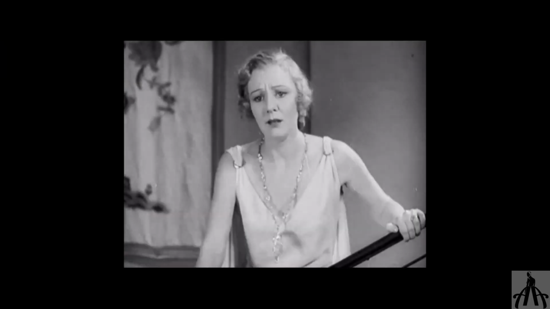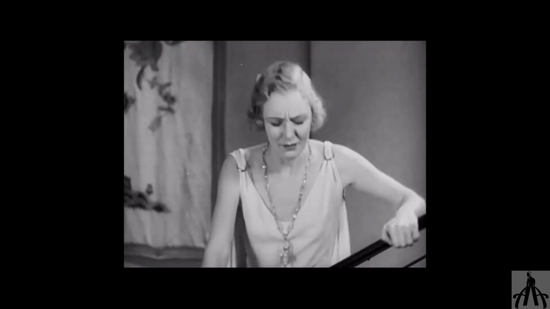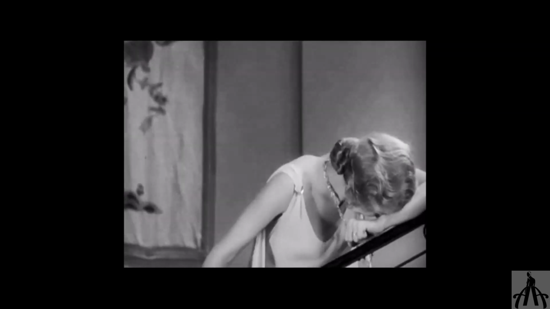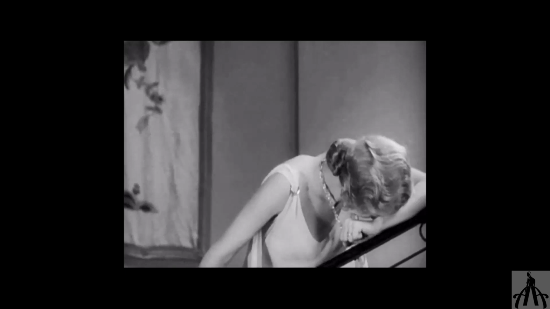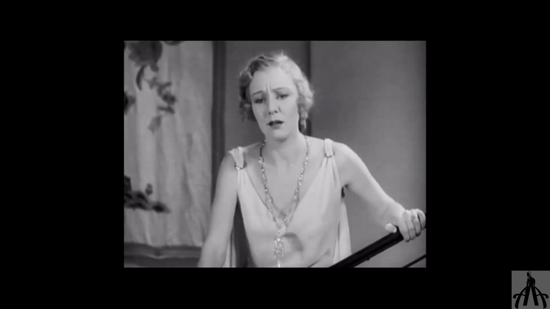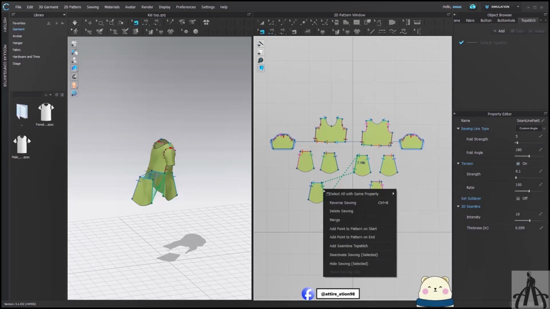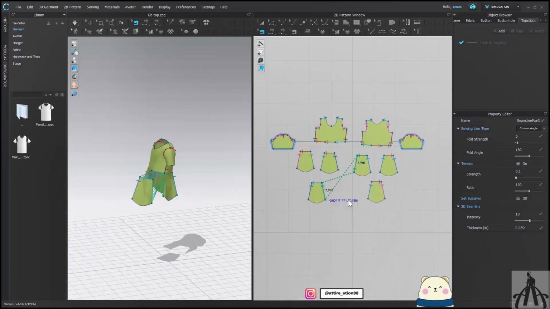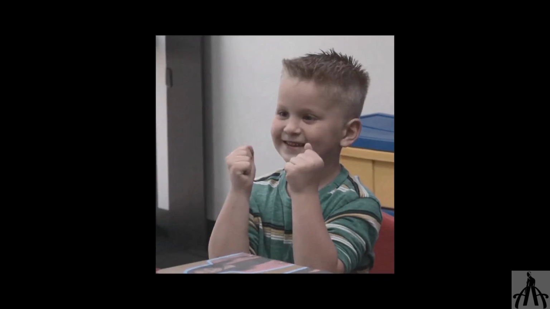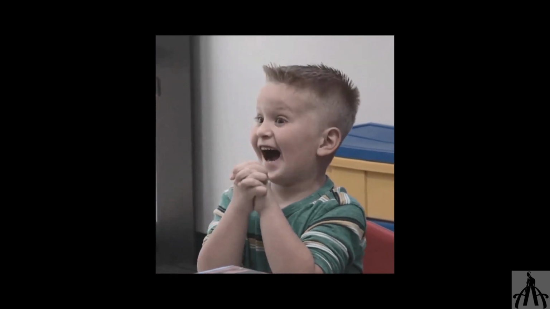So either you delete this using the Edit Sewing tool and use the Sewing tool again to stitch it, or you can just select the Edit Sewing tool and, instead of deleting it, right click over it to use the option Reverse Sewing. This will make our long work short and will twist it again for us.